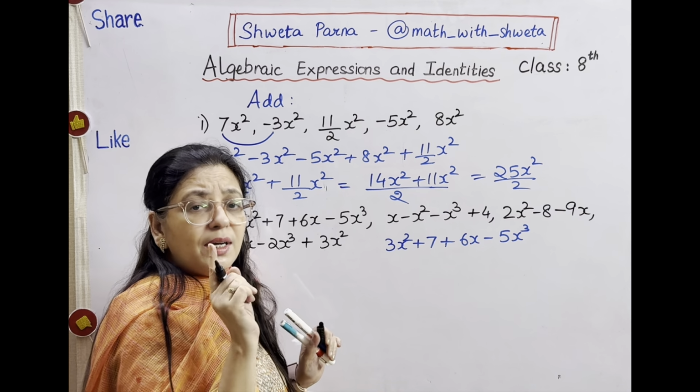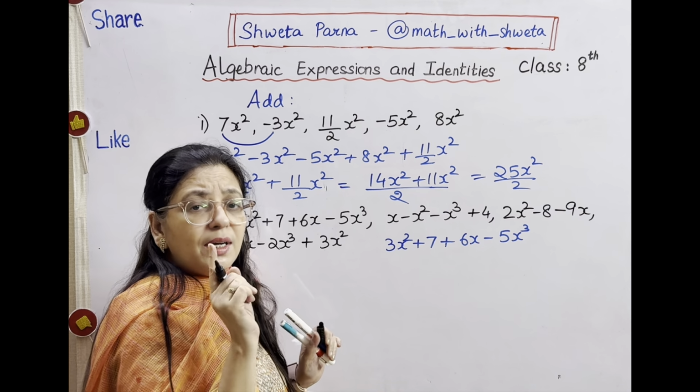This is your answer. So this is the vertical method or the column method. Same sum we will do using the horizontal method also. Okay, so let's do that. You need to know both the methods, because in simplification, when you simplify, you use the horizontal method and not